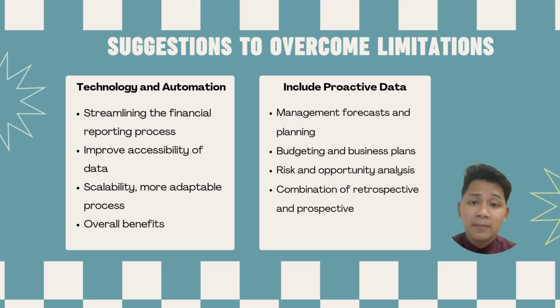Moving on, the next solution is including proactive data in the financial statements. MFRS 101 focuses mainly on historical data, but adding forward-looking information can provide a clearer picture of a company's future. Management's forecasts and financial projections, such as projected sales or earnings from new products or market expansion, help show growth potential. Companies can also share budgeting and business plans to outline their strategies for achieving their financial goals, along with